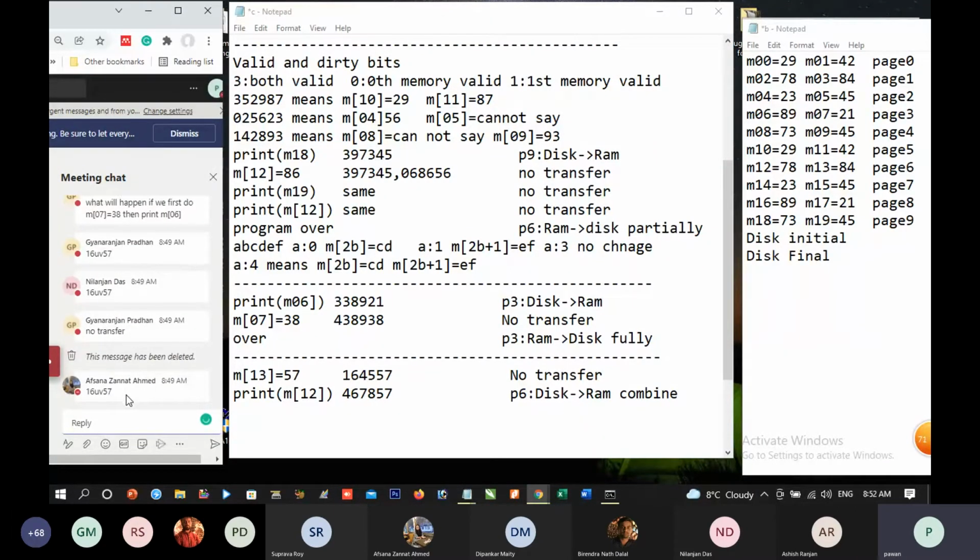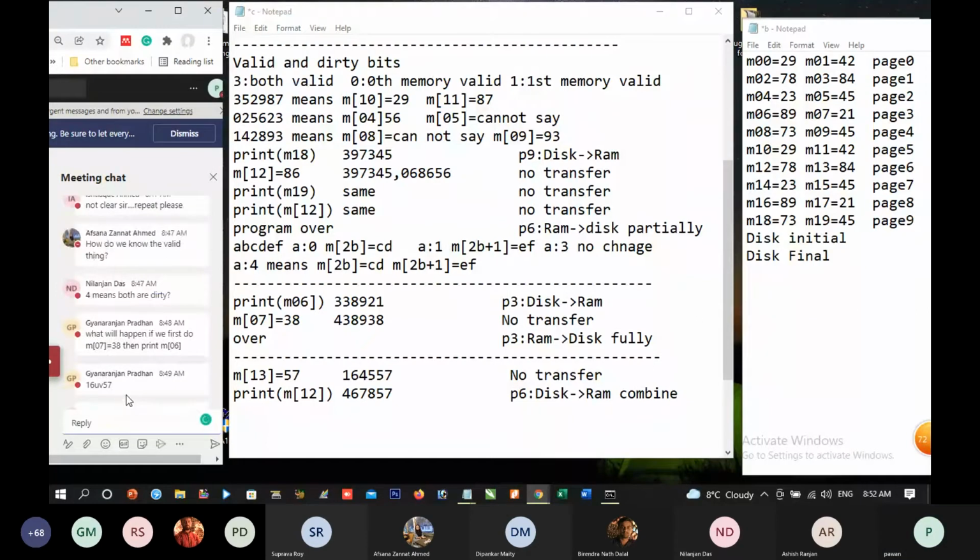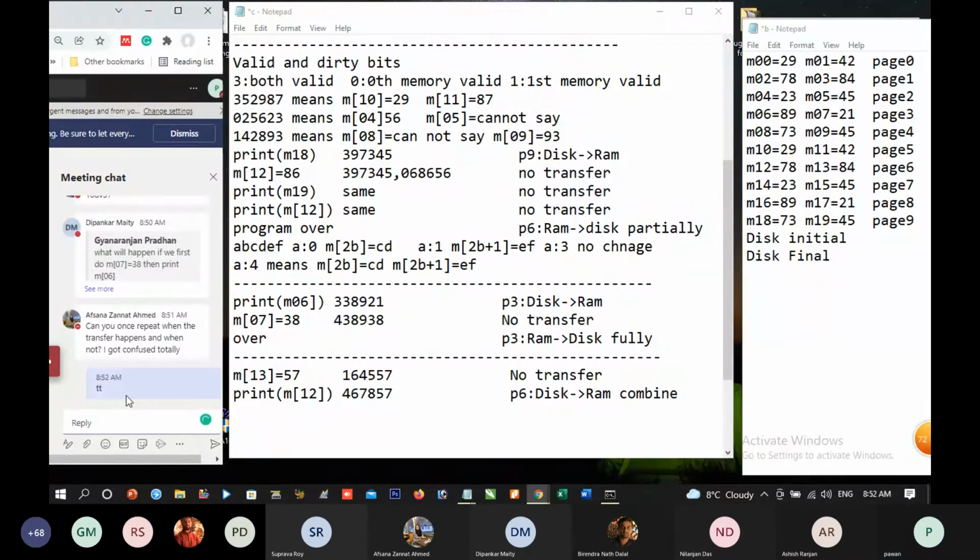What is the doubt? It is not clear to me. What is your doubt? We shall take more examples, then the things will become clear to you.